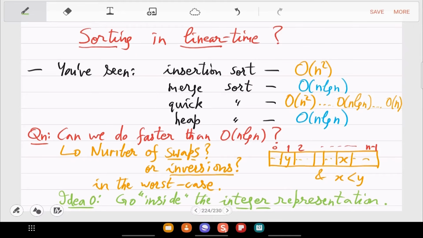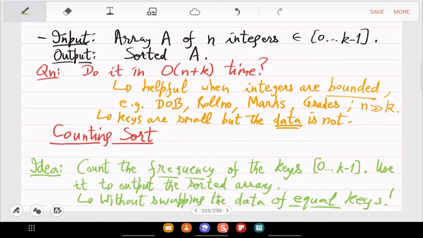So the last topic, which is today's content, is how do you sort in linear time? You have seen a lot of algorithms in the union of programming course and this course. The final algorithm you will see will be a very fast algorithm, which is actually implemented in practice, and it dates more than 60, 70 years. This is called counting sort, and then based on this there will be a faster algorithm that we hope to finish today. Here the problem is you are given an array of integers.